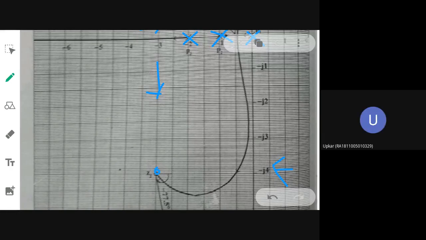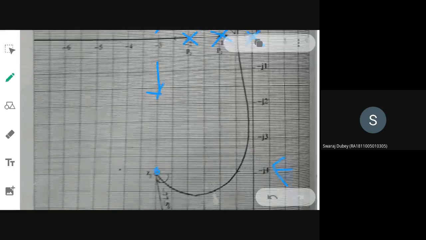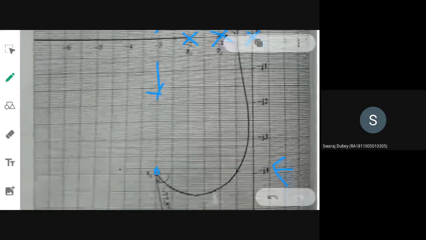Come on, all the others also give me an answer. Are you able to grasp or not? Every time I don't want to pinpoint people and ask whether you understood. Okay, the first step is locating poles and zeros like I am showing. Next thing is, what is your next step? All the things you have to do in your graph sheet also.